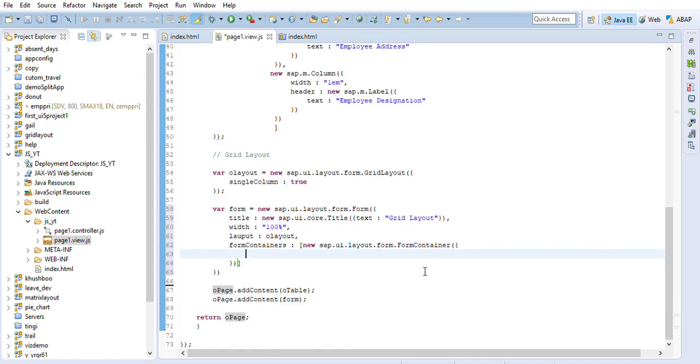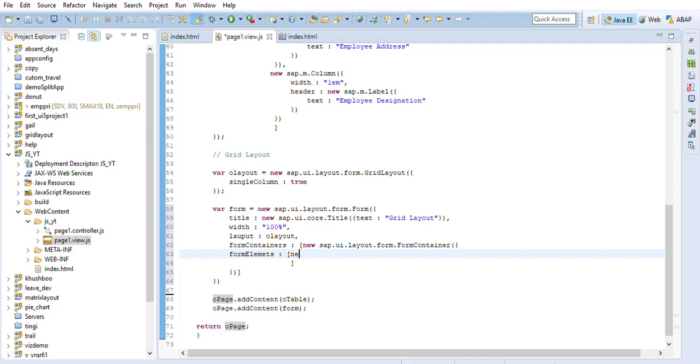Okay, and now inside this form container I would take formElements. That is how the process goes, guys. When you're creating in JavaScript, you would be able to see that when you create one, and once you understood the